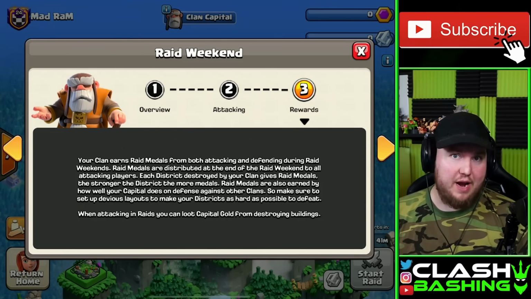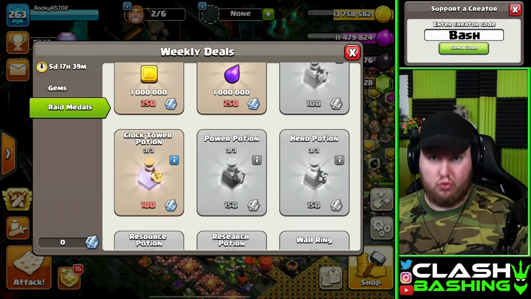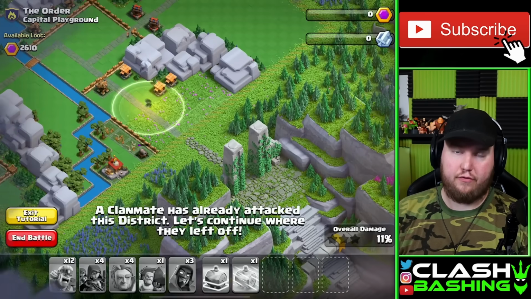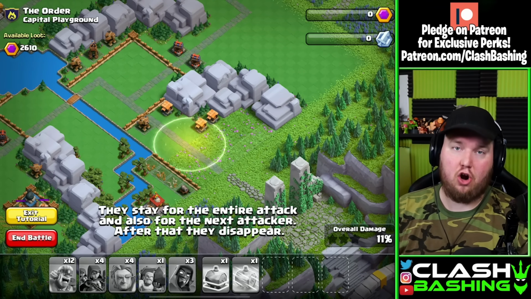And remember guys, with the raid medals, you can actually even donate to yourself, but you can also spend those in the brand new revised trader. So if you click on number 2 and go back and click on the try, it'll have a tutorial for you, and it'll walk you through how to attack and how to use the different troops and spells that are available in this